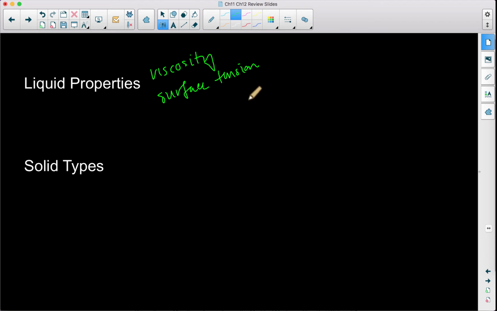So surface tension, and if we think back to that penny lab, the way that it bubbles over the surface, that is the exhibition of surface tension. We also talked about capillary action, where pretty much all of these are a measure of adhesion versus cohesion. Both have to happen. Other liquid properties also include,